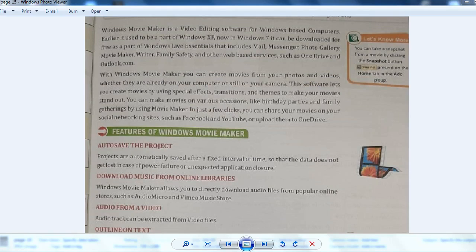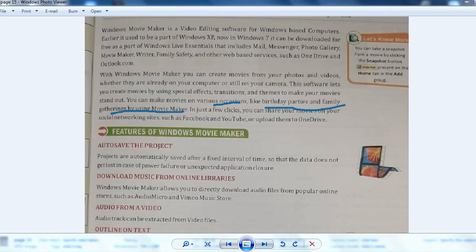This software lets you create movies by using special effects, transitions and themes, right? You can make movies on various occasions, like birthday parties and family gatherings.